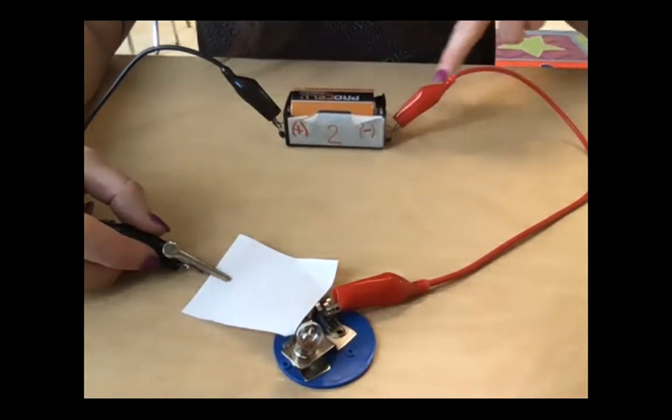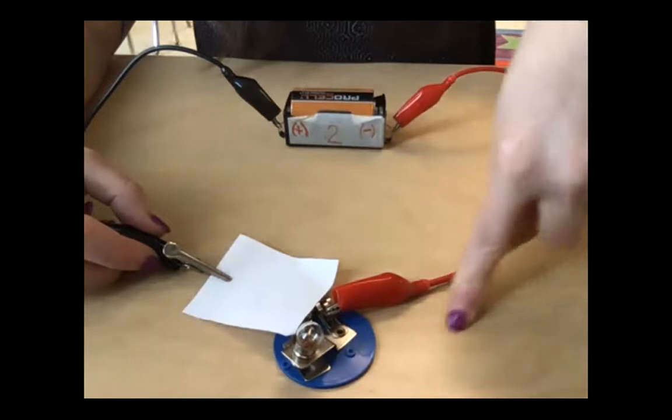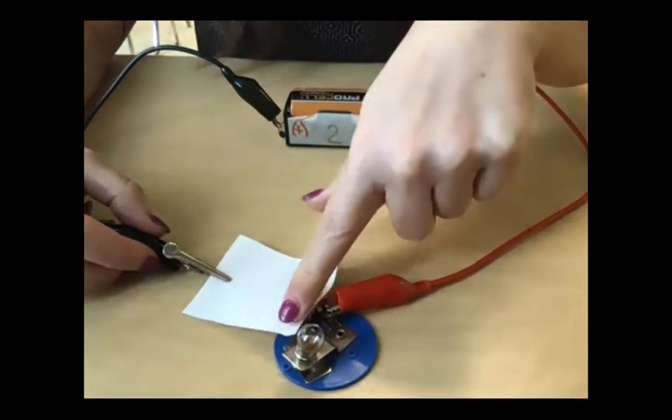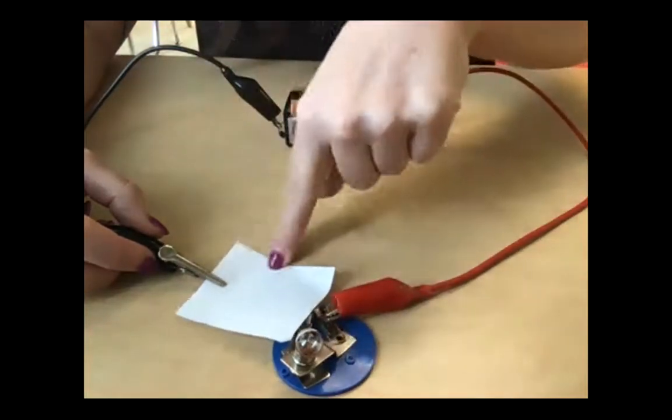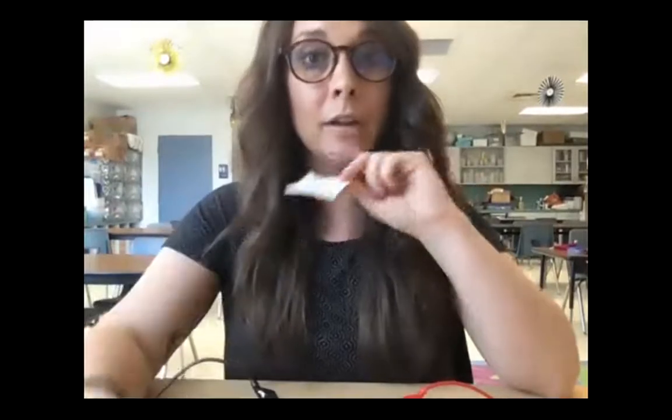Once the electricity gets from the battery through this conductor to the light bulb, it is not able to get back from the light bulb because this is an insulator and it's stopping the electricity. All right, so paper is an electrical insulator. All right, next thing is